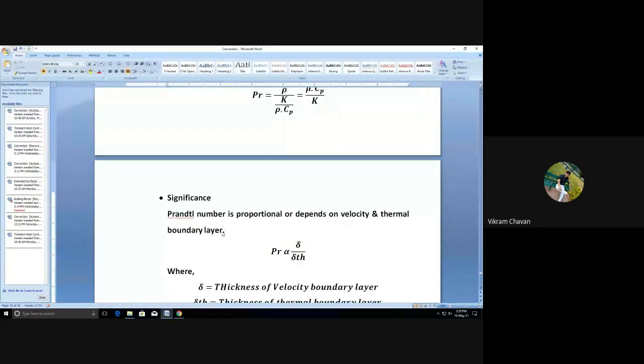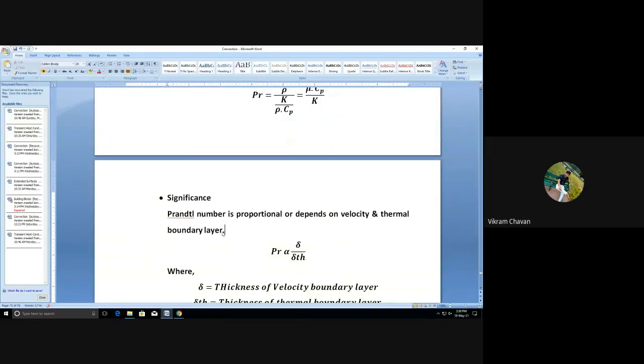We have discussed that. What is meant by velocity boundary layer? It is the height from the base of the plate, or the surface of the plate, at which we get 99% of the initial velocity. That particular height in the y direction we have to consider as the thickness of the velocity boundary layer, and if you connect all such points over the plate surface, then you will get one region. Below that region, the viscous forces dominate the flow of that fluid, and we'll get a velocity profile.